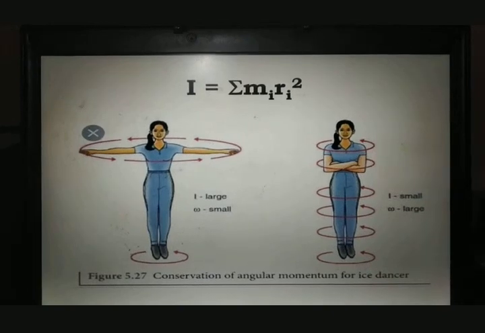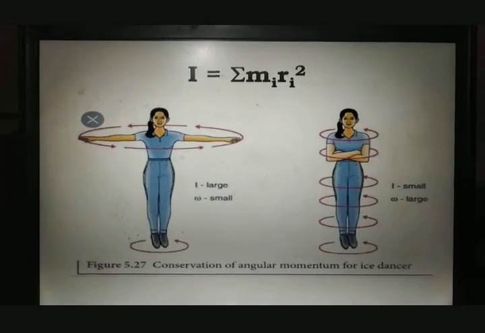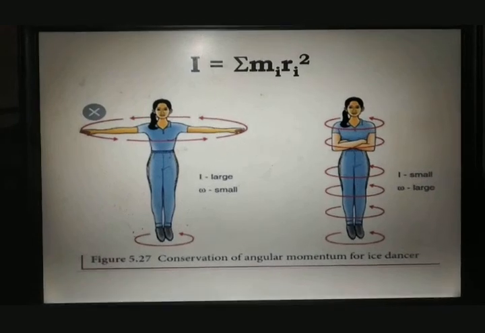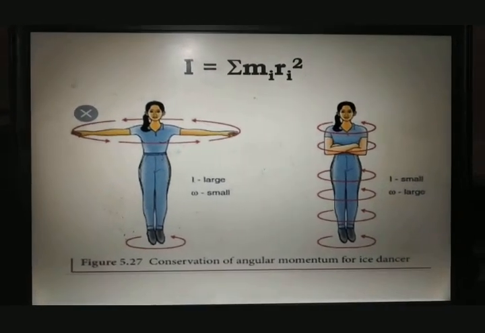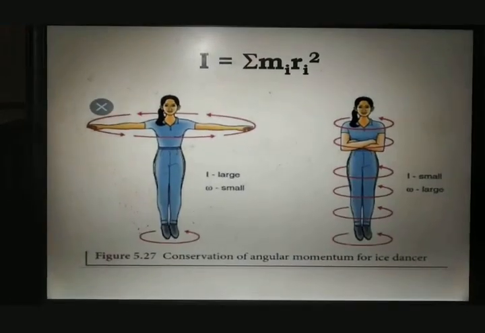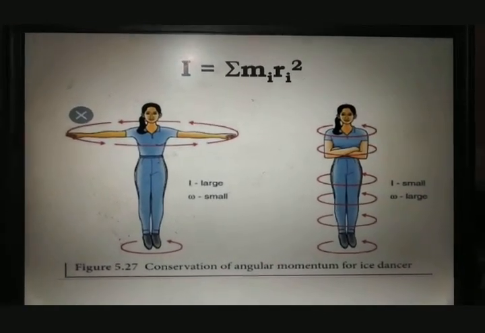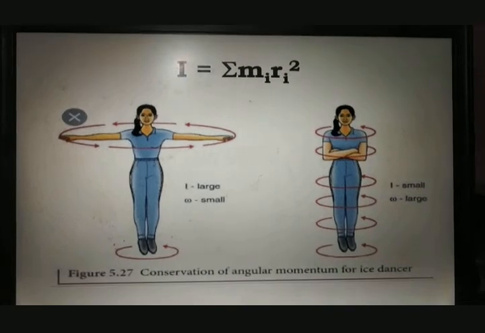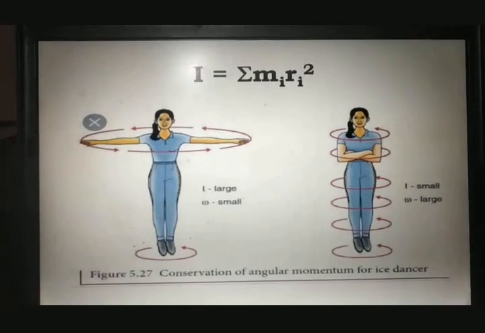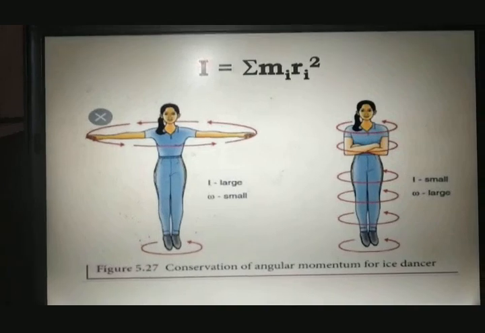So now this moment of inertia in your day-to-day life is applicable in, or is applied by, ice skaters or ice dancers or ballet dancers or acrobatic or aerobics performers. The ones who are performing such types of dance use this concept of moment of inertia. Now why are they using this concept? With this concept they can manage their speed, means they can increase their speed or decrease their speed by using this concept, that is moment of inertia.